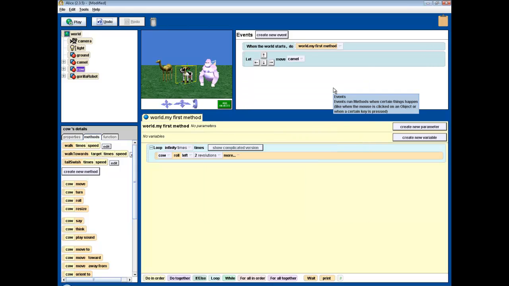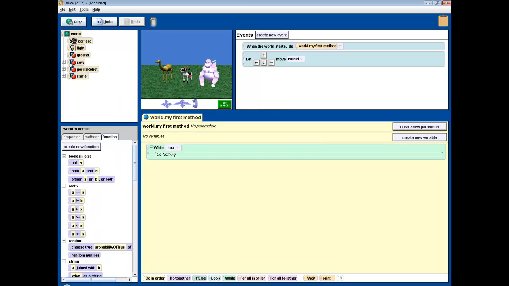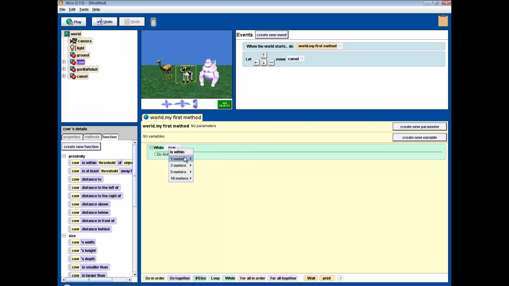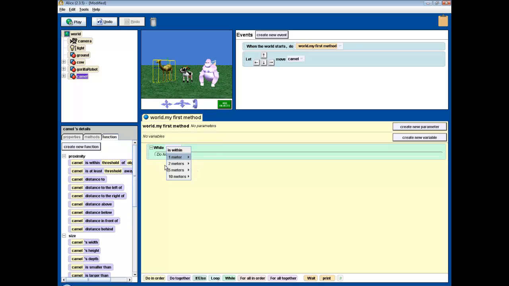Okay. Next on the list is to use while. While is also a very useful tool, because it makes life so much easier for a programmer. For example, while the cow is within 5 meters of the... Actually, I'm going to make it with the camel because I already got his motions unlocked. So for while the camel is 5 meters away from cow,